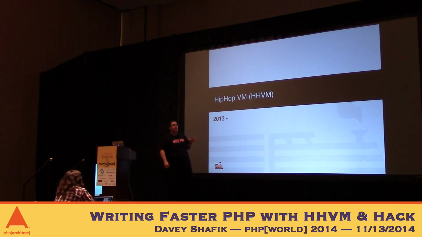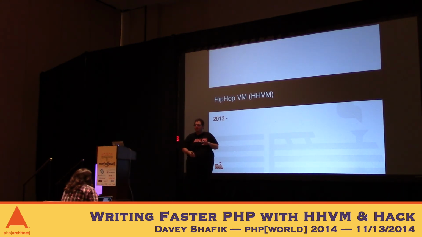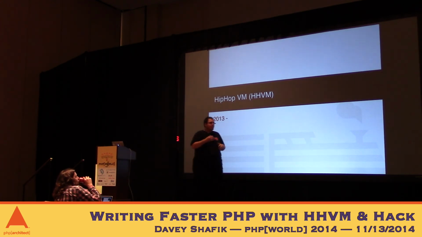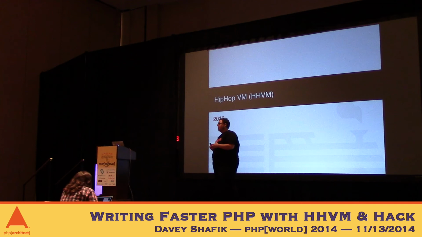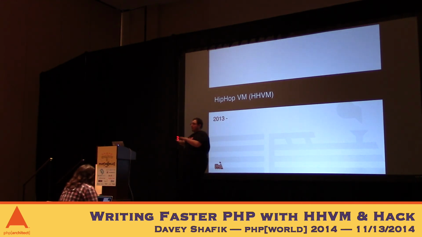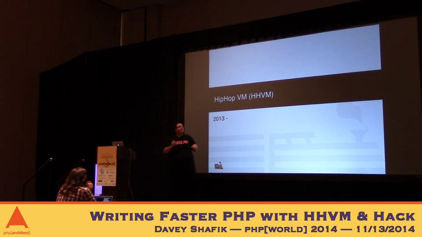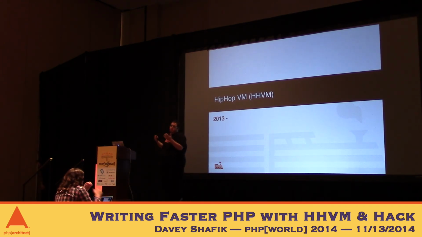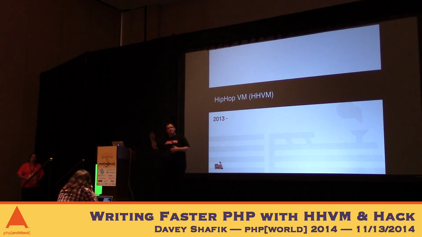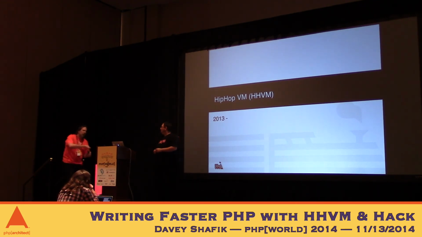If you've seen any talk around PHP 7, PHP NG, next gen, they did a huge amount of optimizations that are not backwards compatible in terms of the binary layer, so all the extensions have to be rewritten, but all your code will run just fine, right? So PHP 7 is also about twice as fast as current PHP, and they're kind of neck and neck in interpretive mode. It kind of depends what you're running and who's running the benchmarks, to be quite honest. If it's Zend, then obviously PHP 7 is faster. If it's Facebook, then very often they're faster.